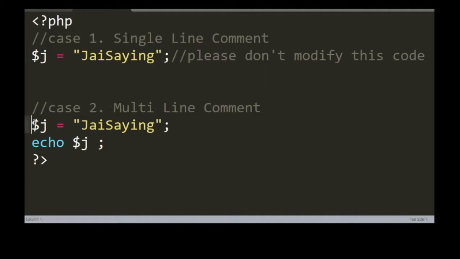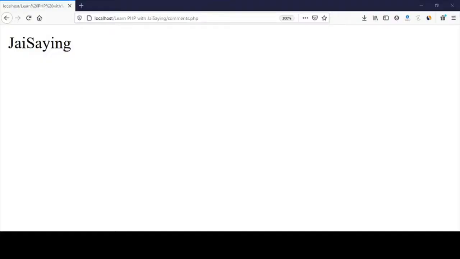In this case, if you want to block some piece of code using a single line comment, I'm going to execute it first so you will understand. Now I'm going to refresh this, so you can check.